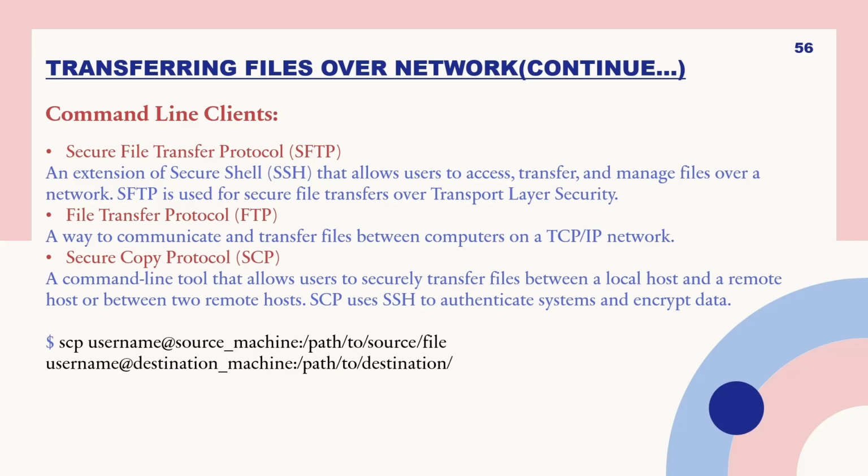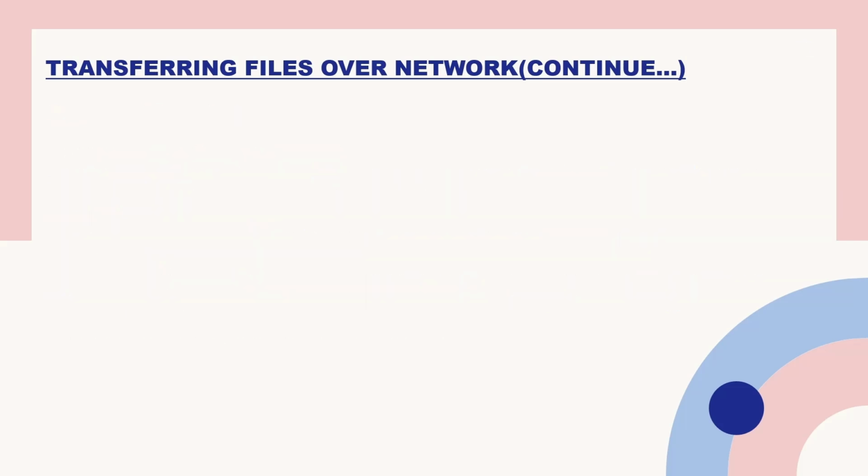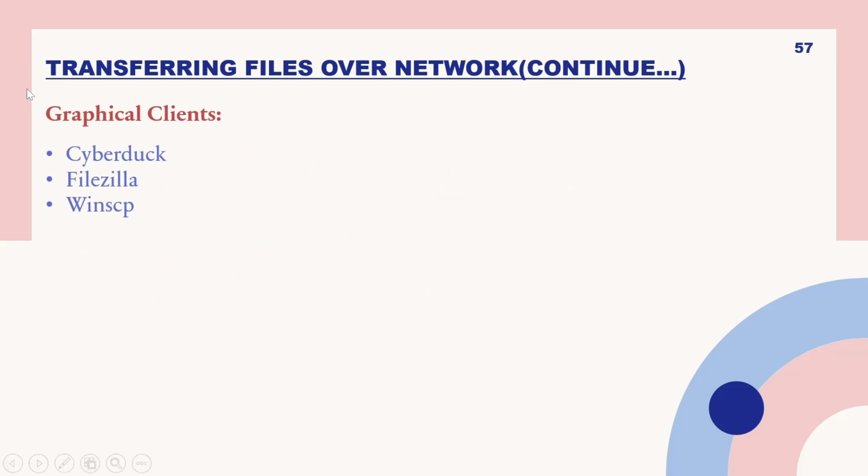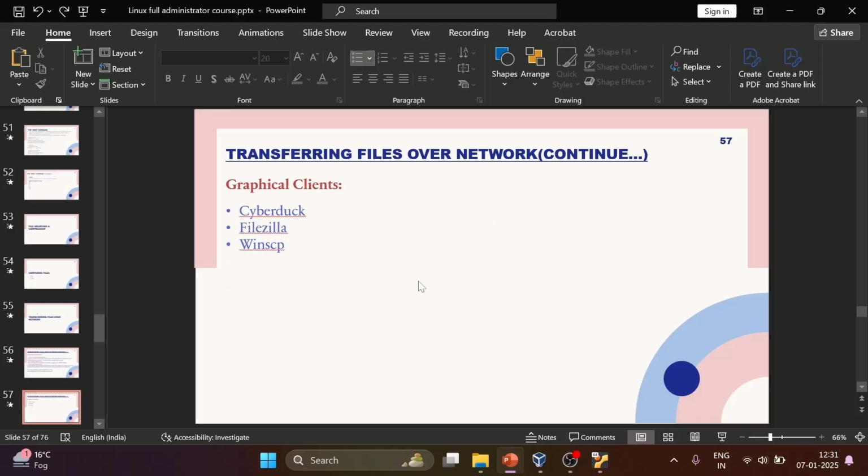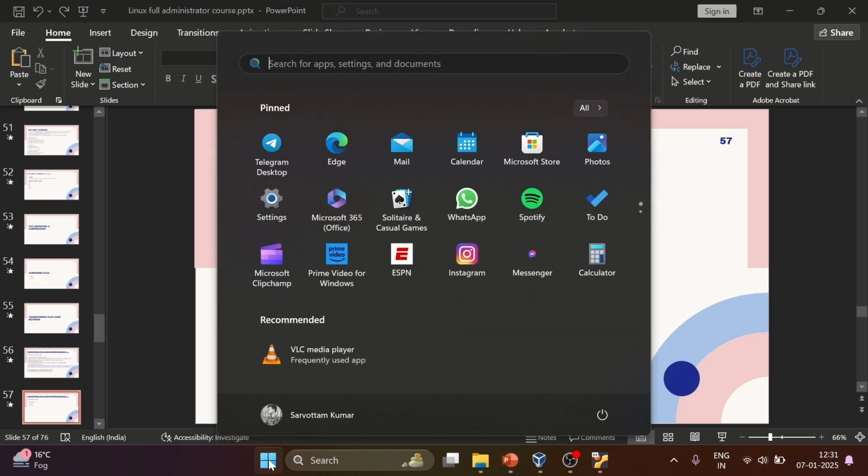And that was for CLI clients. Now, for graphical user clients, we have CyberDuck, FileZilla and WinSCP, and we will see an example of WinSCP in our lecture. Now let's move to our Windows VM and see how you can transfer a file from Windows to the Linux VM. I will open my command prompt as admin